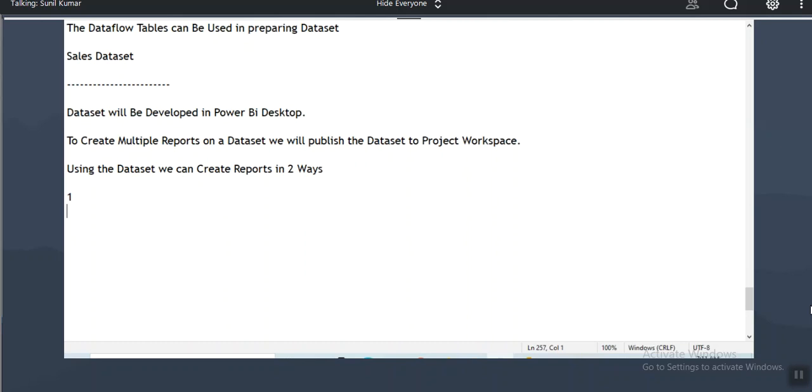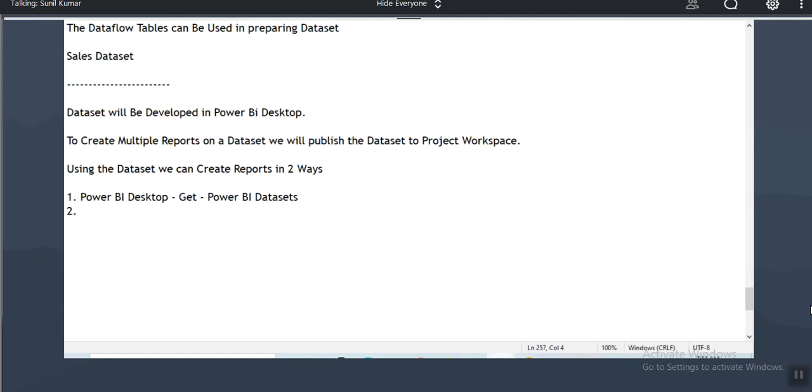First way is using Power BI Desktop. Using Power BI Desktop, you can create a report using the data set. In the Power BI Desktop, you'll see get data and you'll click on Power BI data sets, guys.